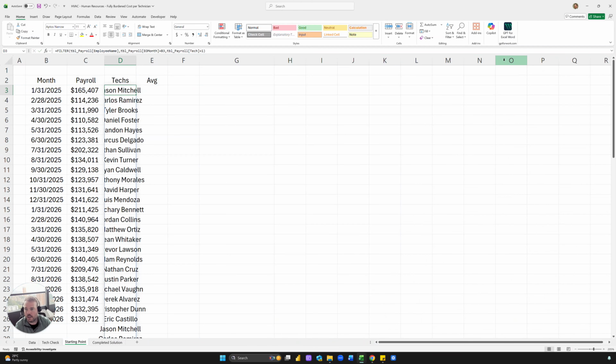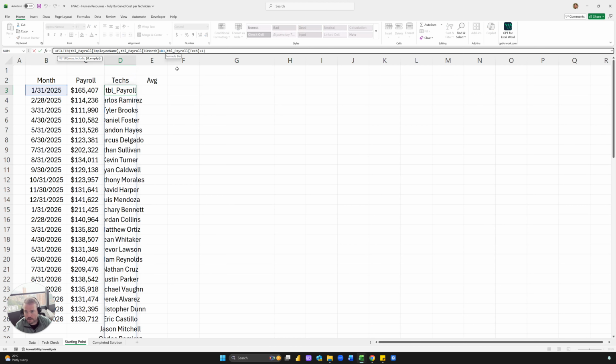So this formula is right. It's just, oh, that did work. Oh, yeah, it worked because I did it, the formula is wrong. You don't do a comma. I'm so used to doing commas. You do a multiplication because it's an and criteria. Because what you're noticing here is look how many there are, right? So this is an or criteria, but we want and, so you have to multiply it,